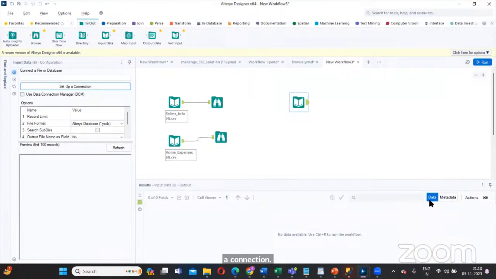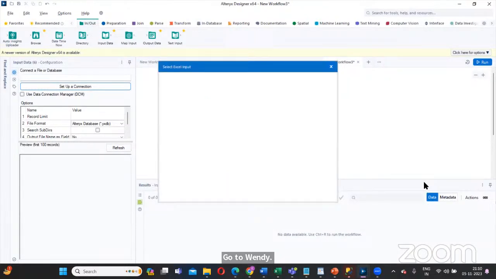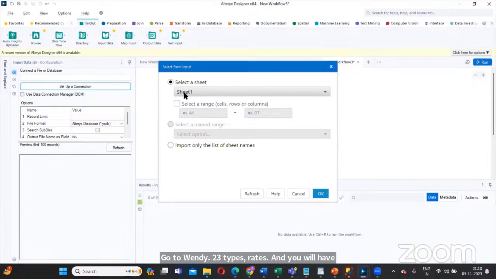Go to 2023 tax rates and you will have one pop-up. Okay, select Sheet1. Or either you will have multiple options for importing. Either you can select a certain range, like from which cell number in the Excel sheet you want the data, and